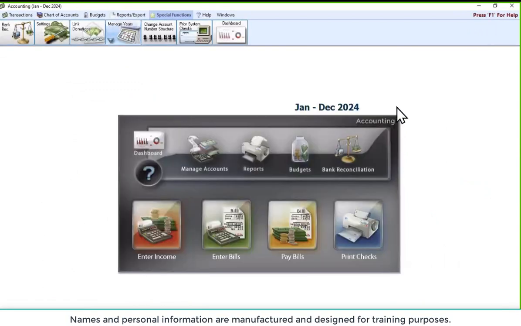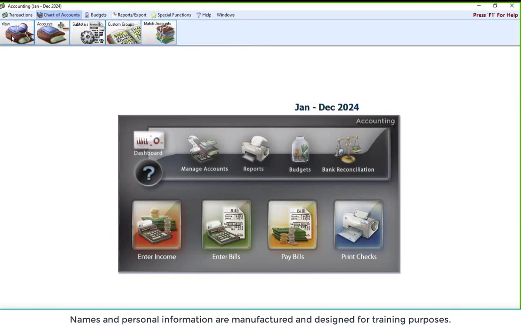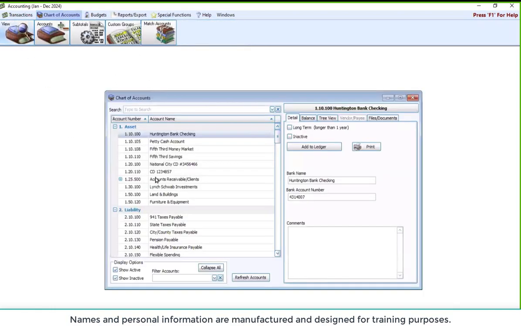All right, with about 12 minutes left, let's talk a little bit about editing accounts now. This is a really, really important one. We're kind of bouncing back and forth between screens, but it's important that you know where these are. So if we go back into the chart of accounts and view our chart of accounts, let's say